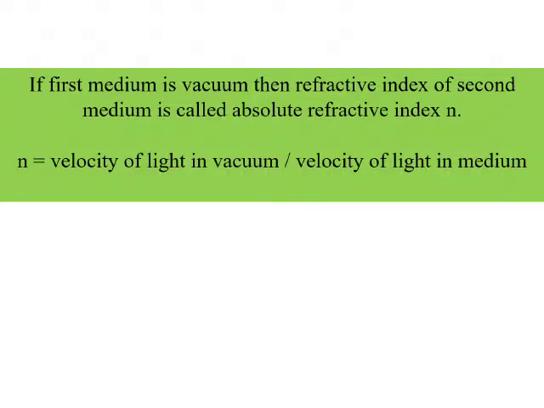Good morning, students. I hope all of you have seen the video which I had shared yesterday with respect to the tracing of the ray of light when it travels from air to glass. We have studied refraction of light in different media. We know what happens when a ray of light travels from rarer to the denser medium. That is, it bends towards the normal. When a ray of light travels from denser to the rarer medium, it bends away from the normal.